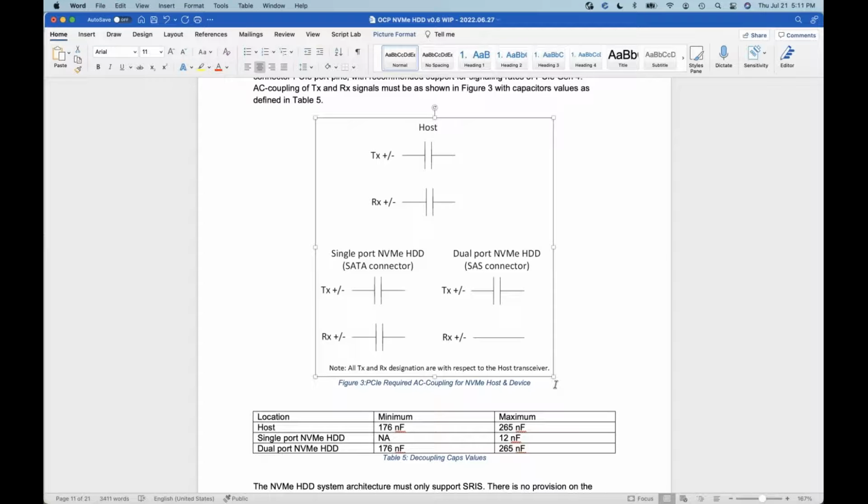Any comments other than what Patrick indicated? So I can build a single port NVMe HDD with a SAS connector, right? If I want to achieve Gen 4 speeds or something like that. Yep. So I'm not sure the single port, dual port designation is the primary one here, or is it the type of connector that's being used? Yeah, you're right. I think this designation should have said